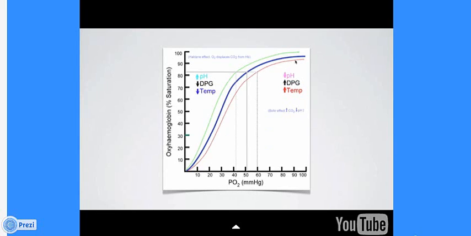Not a linear relationship, but as some binds, it becomes easier, so more bind faster. And it becomes easier and it gets faster and faster until, of course, it reaches to where it's getting saturated